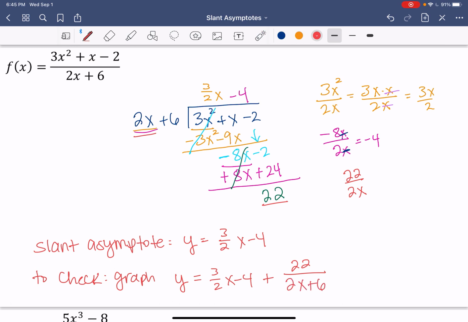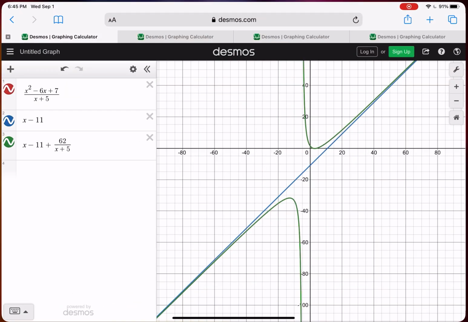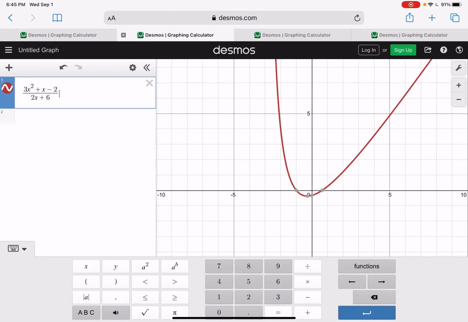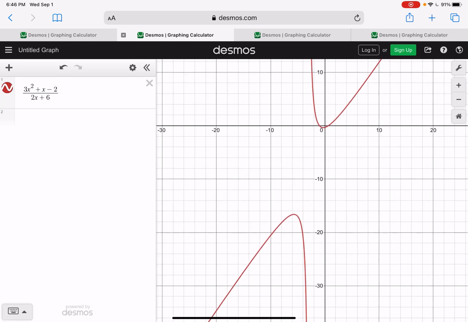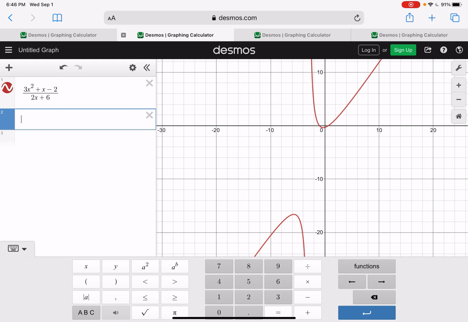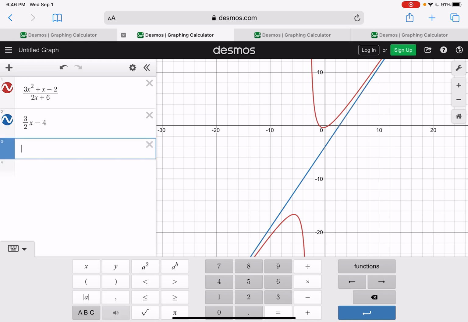Okay, so let's go double check our work to make sure we did it right. So I did already graph it. So again, it might be too zoomed in when you first graph it, so just zoom out so you can see everything. So I'm going to graph our slant asymptote, which was 3 over 2x minus 4. So notice it goes right in between. And now if I want to check if it was correct,